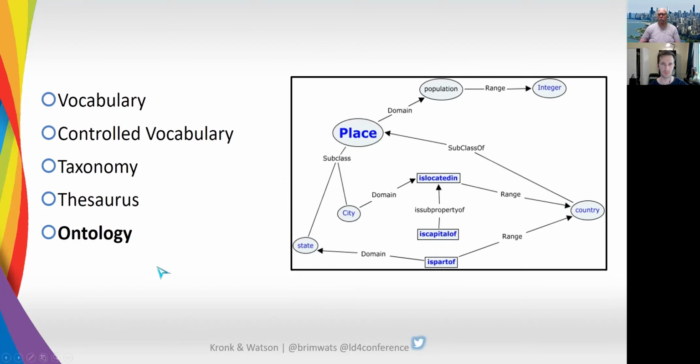It gets much more complicated when you have a place is a subclass of a city in a country, which is a part of a domain of state of the population, and that range is in a number, and here's the number in the integer. So it's kind of at least hopefully a more helpful way of thinking for chapter 15, which I thought was really excellent. I will stop recording now, and I guess wait.